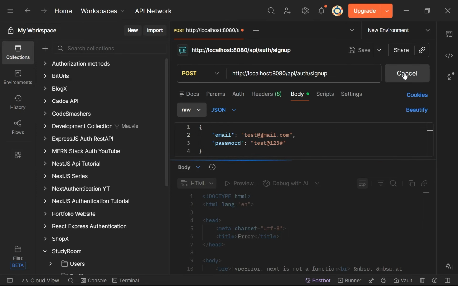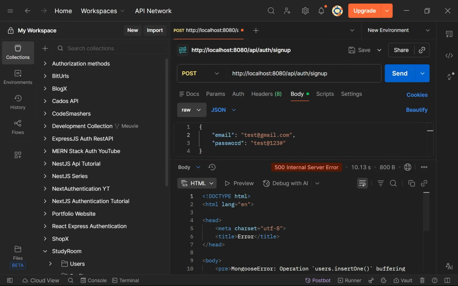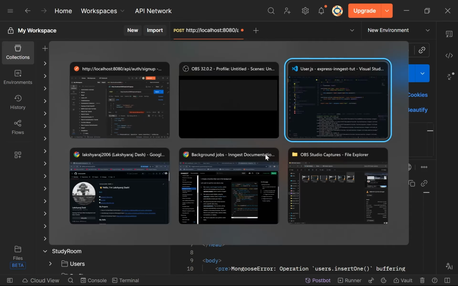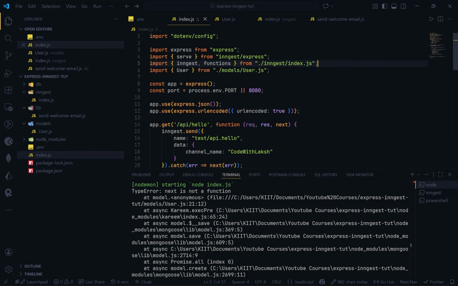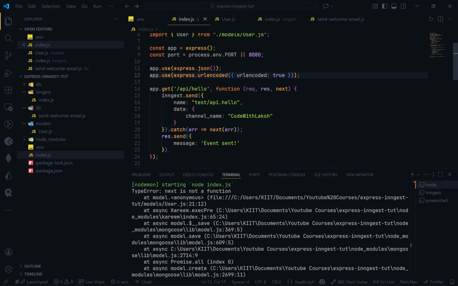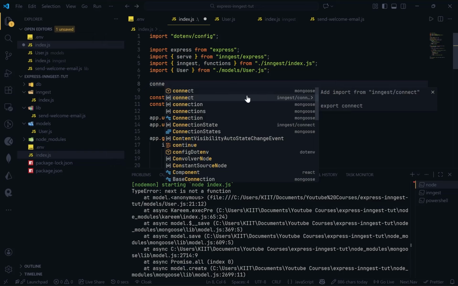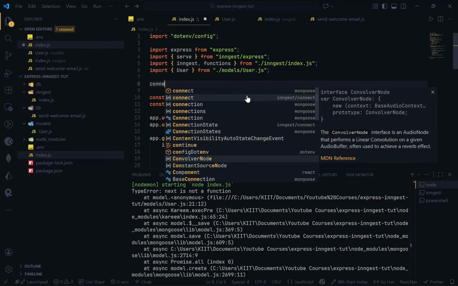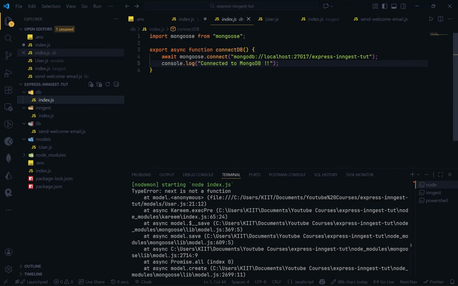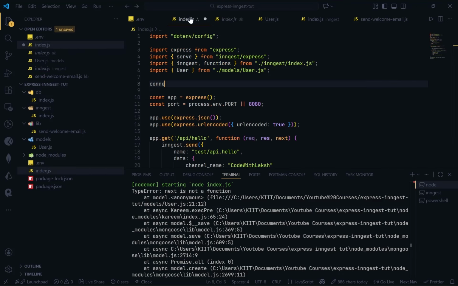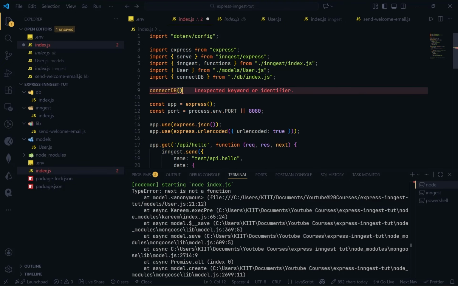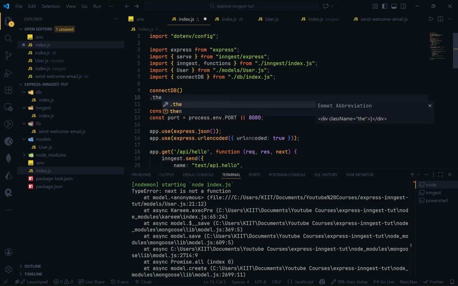Let us see what happens. Actually, what happened is I forgot to connect to the database before making a request. So here, what I should do is connect to the database, where I have declared that function, the connectDB function. Yeah. So connectDB, and here I have to go for a dot then because it's a promise,